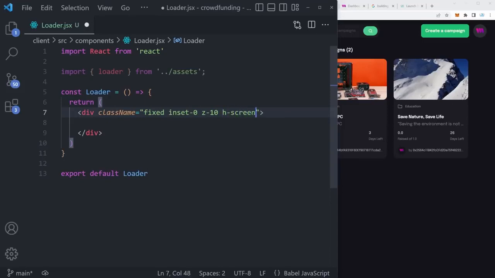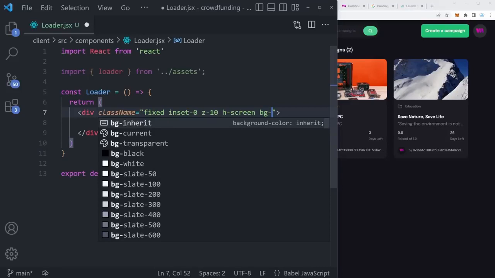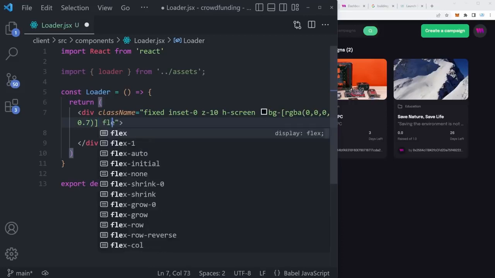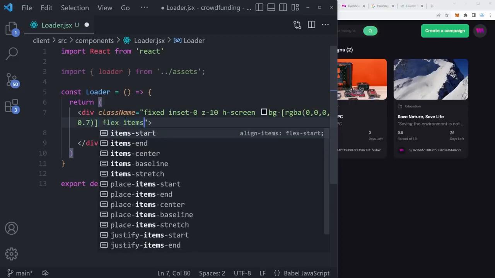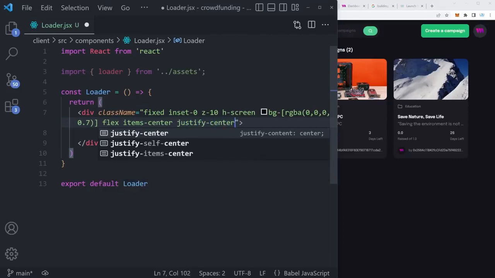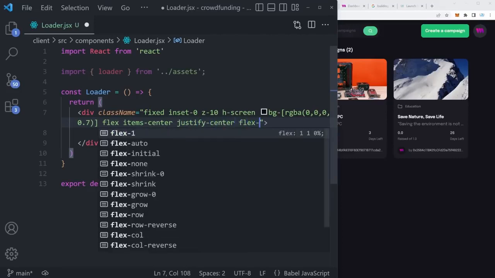So we can say h-screen. We can give it a background, but it's going to be an RGBA 0, 0, 0, which is black, and then 0.7 for the opacity. Finally, it's going to be flex, items-center, and justify-center, so that everything appears in the center, and